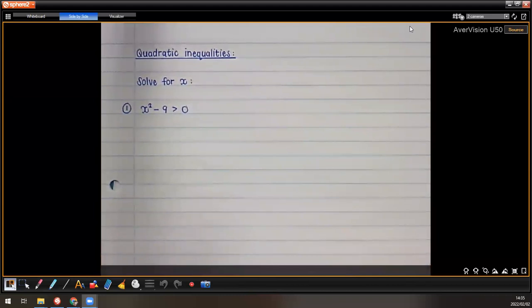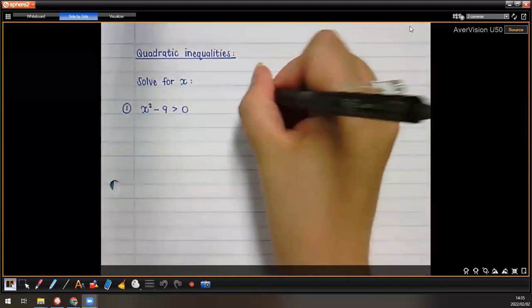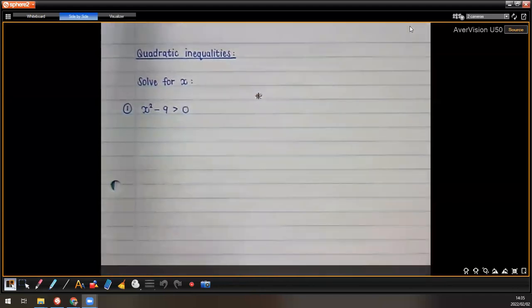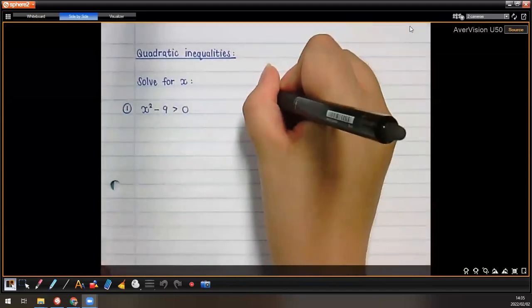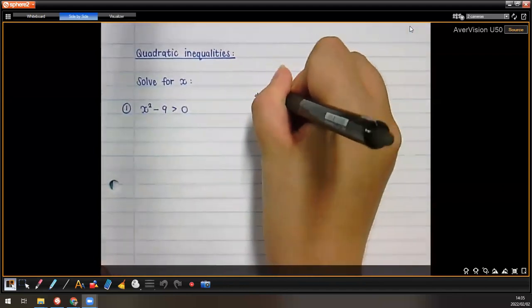for a quadratic inequality, the first step is going to be the same as for a quadratic equation. Right? You are also going to get it in standard form first. So what I mean by that is everything on one side of the inequality symbol and 0 on the other side. Okay, so that is the first step. So we are going to get it in standard form,